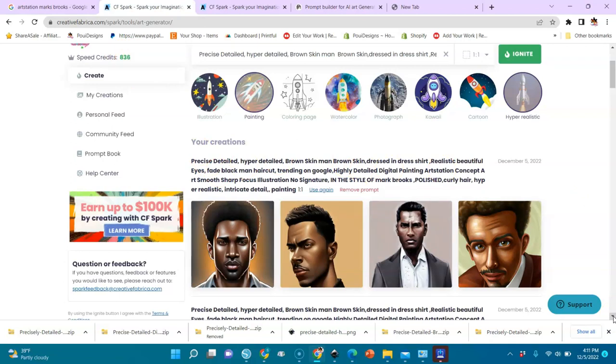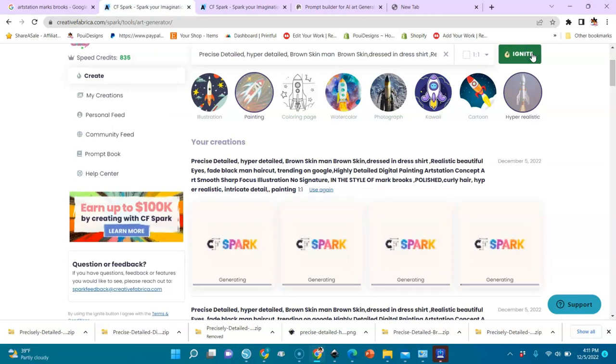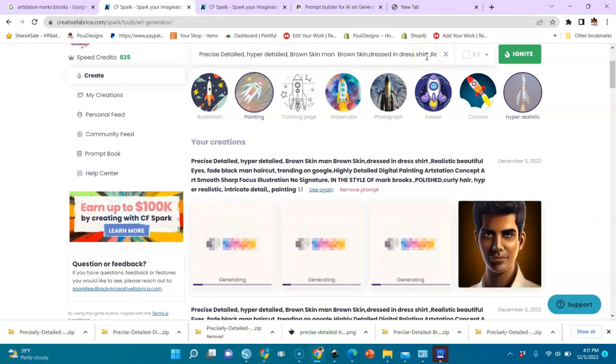Excuse me. Okay, you see, we have some men. Maybe only this we can use, and this one I don't know, but I wouldn't use this one. And still, he has the dress shirt and everything, but you can't use it, and you have to run it again. The more you run it, the better images you will get. But don't forget, you have to have the right words in here to tell the system how you want your images to look.